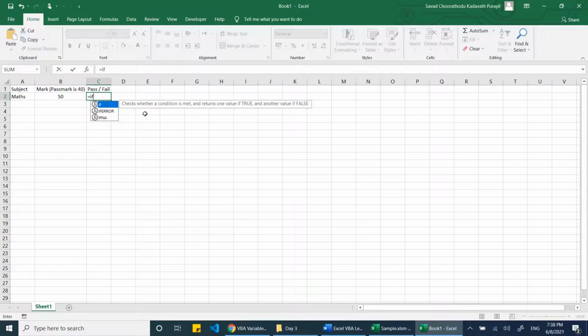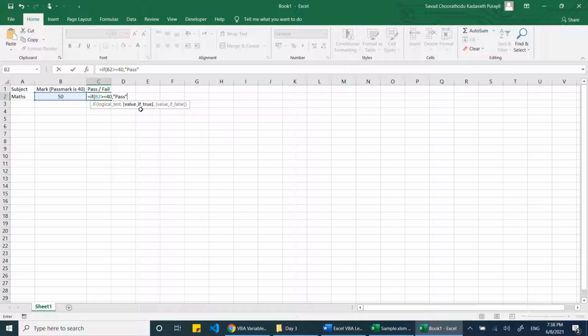So equal to if this column is greater than or equal to 40. This is the logical test we are writing first, comma, then comes the value if true. So if it is 40 or more, then we need to give pass.